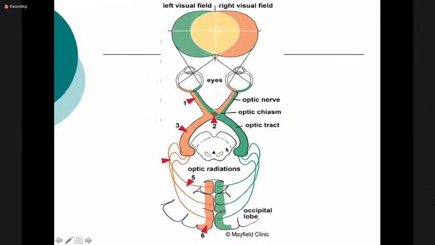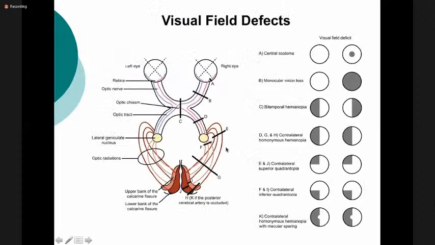Okay, good. All right, so we've looked at the little video, and it's important to understand what I had just explained so that when you're looking at the visual field defects, you'll be able to know how they come about. Like in this part of the visual field, there's a central scotoma. That means just the macular area has been affected. However, if you have a lesion at the level of the optic nerve, then that means the right eye, because this is the right eye, that's the left eye, the right eye will